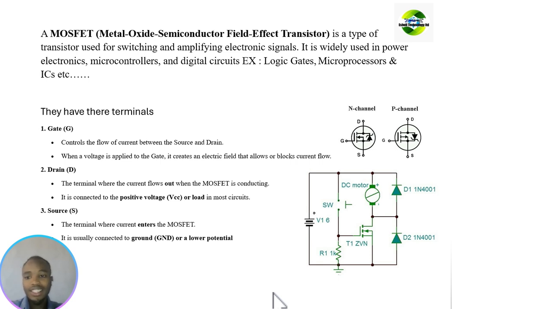I think you were asking why it is used, how to use it in microcontrollers, in power electronics, and in digital electronics. Alright, those are good questions. Let's start with power electronics. We know that an inverter is a circuit designed to convert DC, direct current, into AC, alternating current. In power electronics, one example of using a MOSFET is converting direct current into AC current.